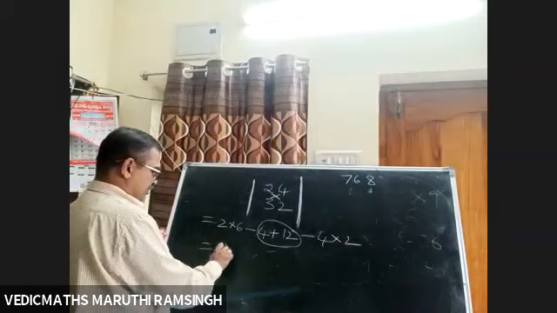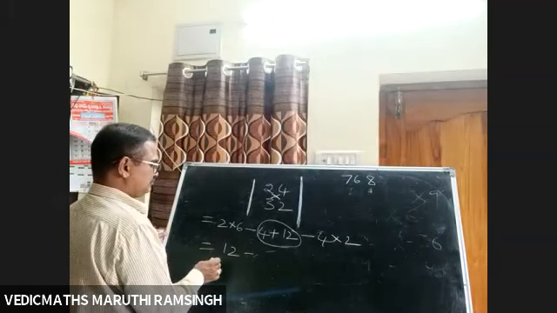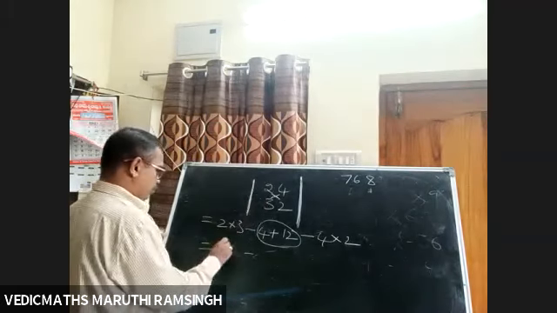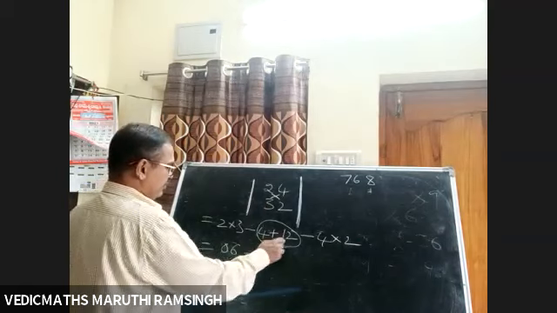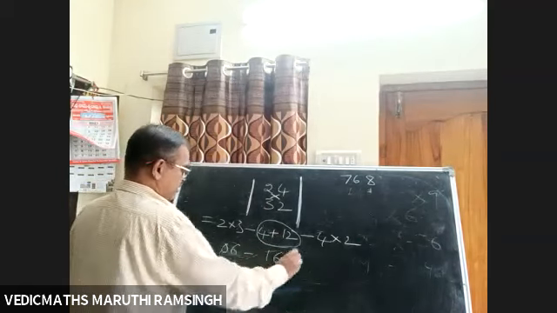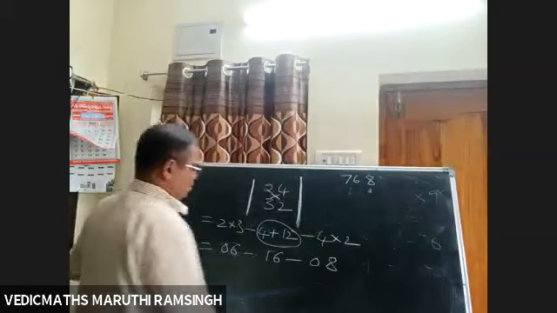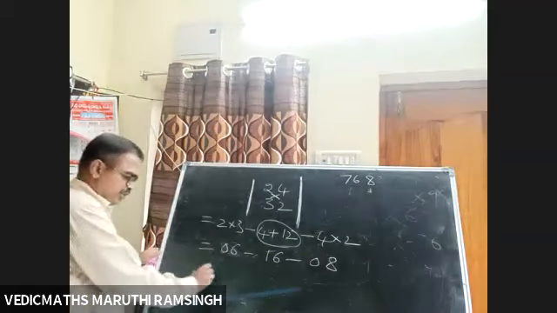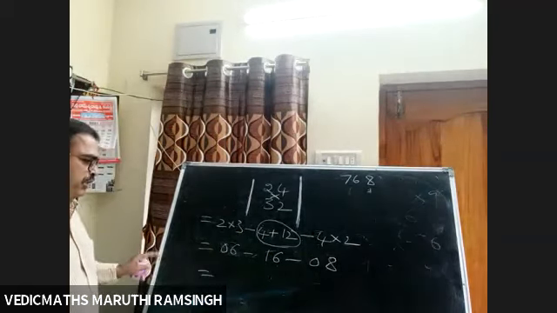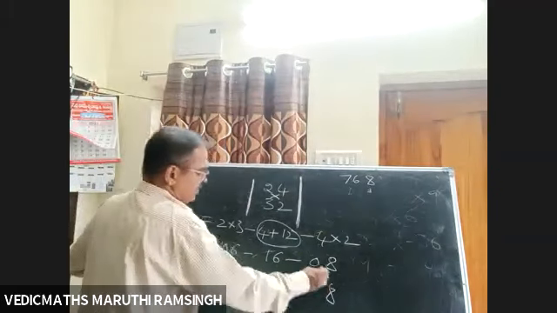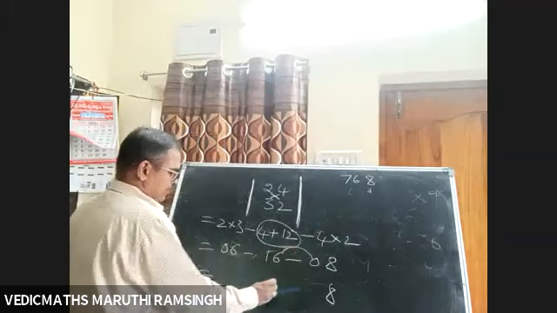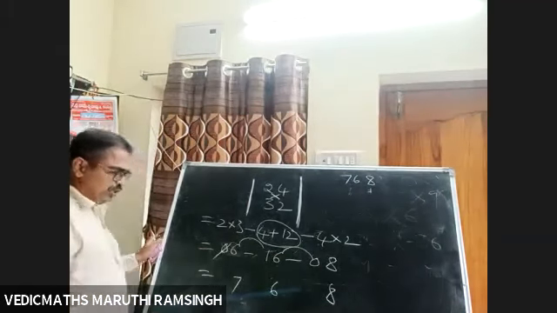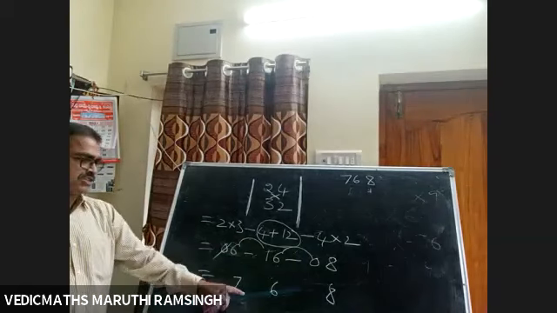One more step, 2 into 3, 6 dash. 4 plus 6, 10, 16 dash. 4 2s are 8. We should not have single digit in Vedic maths. For rainbow addition, there must be two digits. Already we discussed yesterday. 8 will come out. 0 plus 6 is 6. 1 plus 6 is 7. No need to write this 0 on left side. 768 is the answer.